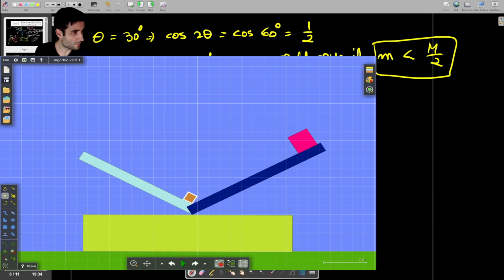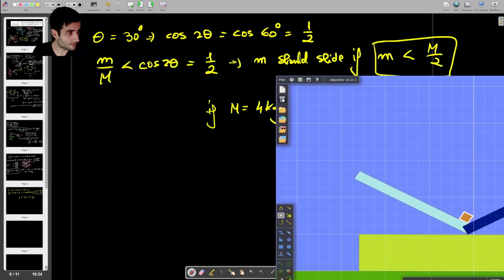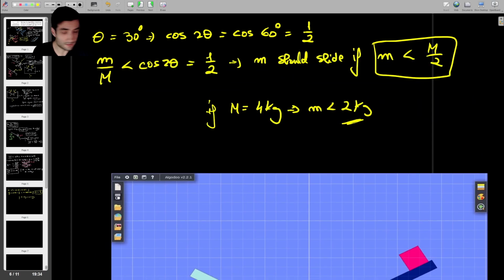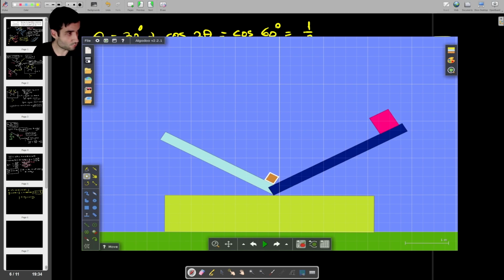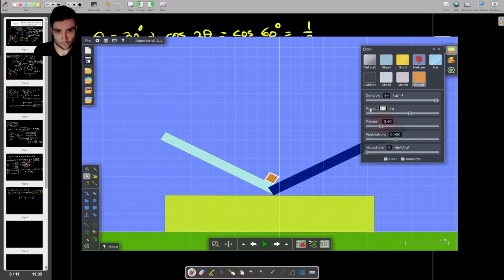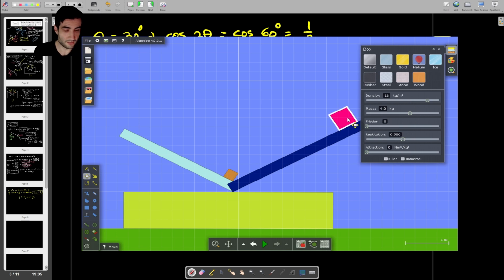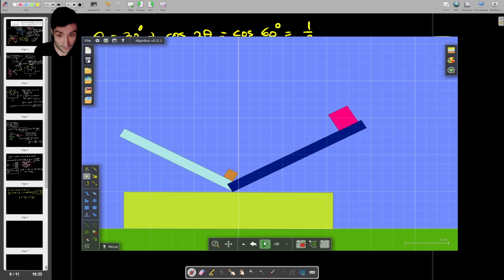So we know that according to our analysis, sliding of the small block should only happen if its mass becomes less than what we have here, if it becomes less than 2 kilograms. So let's change the mass to something else. Let's not make it 2 straight away, let's make it 3. Now we have this block which has a mass of 3 and the big block has a mass of 4. So we've reduced the mass, and if we run it,